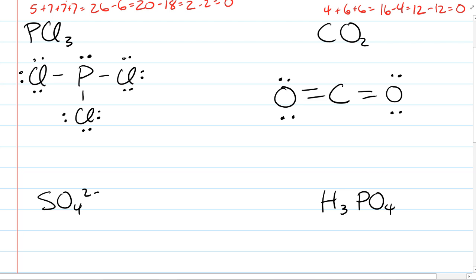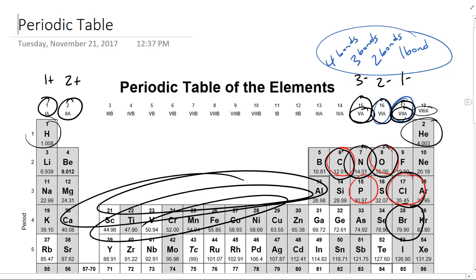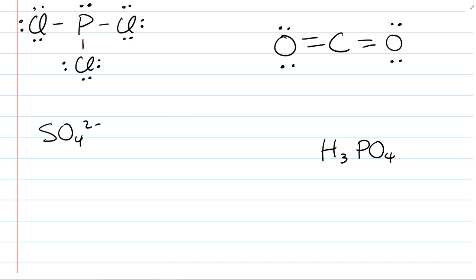All right, let's do the sulfate ion. On the sulfate ion, we sum up the valence electrons. Sulfur has how many? 6. How many for each oxygen? 6 as well. So we have 6 from the sulfur, and 6 for each oxygen. There are 4 oxygens altogether. And what does a 2 negative charge mean? 2 more electrons. So we need to add 2 more. So altogether we're going to have